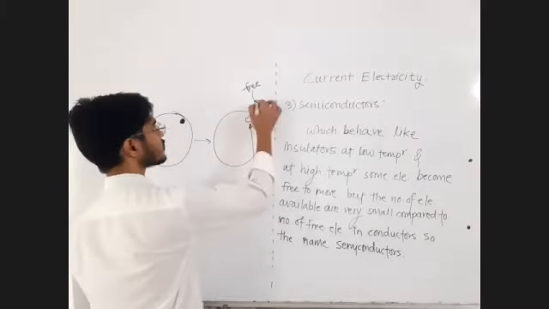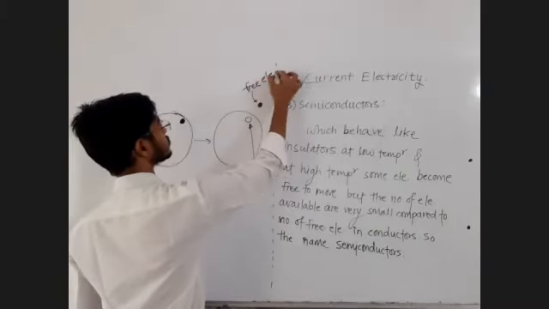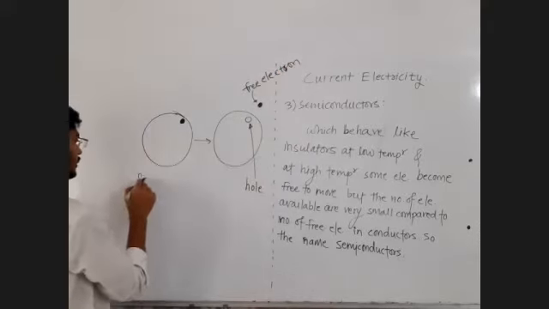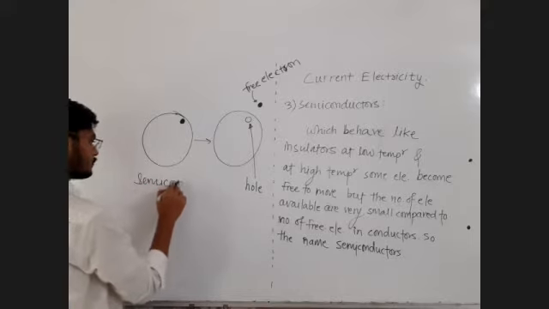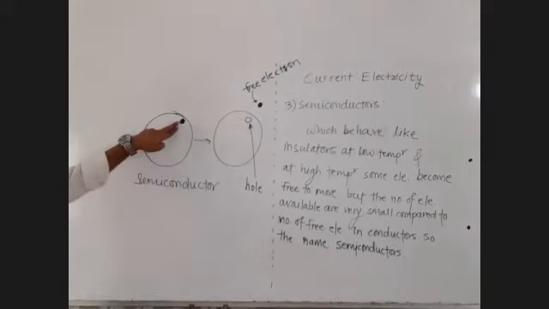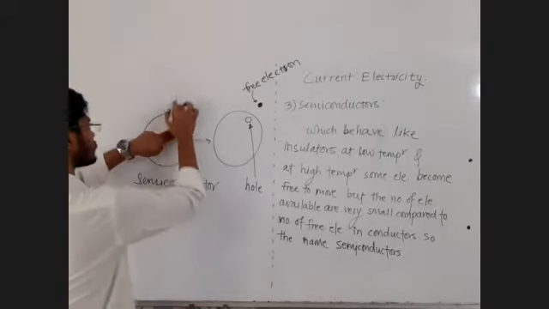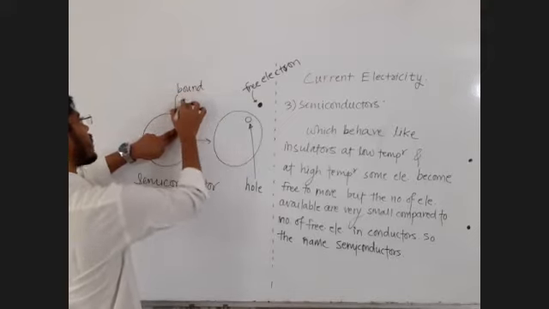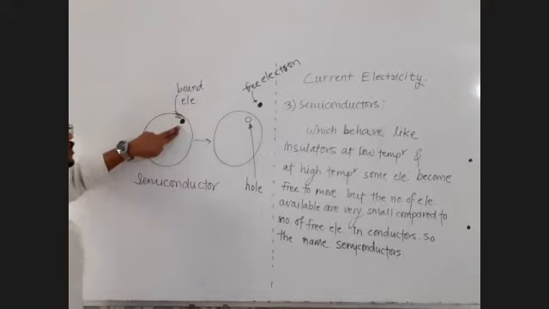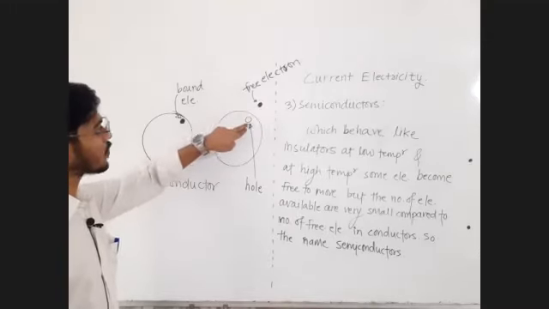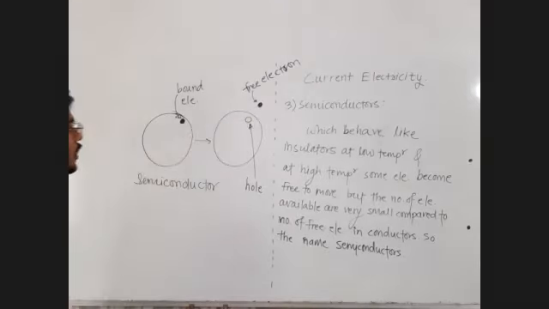Okay, and this is a free electron. This is a semiconductor. This is the situation of a semiconductor. This is the parent atom. This is the bound electron. It cannot move, so it is called a bound electron. But when this bound electron becomes a free electron, it leaves a vacancy, an absence of electron. So that absence of electron is called a hole.